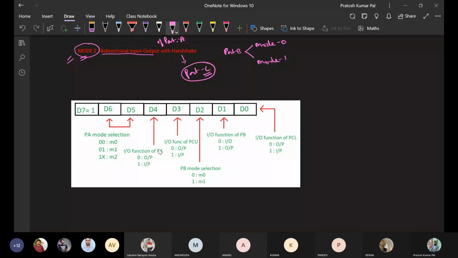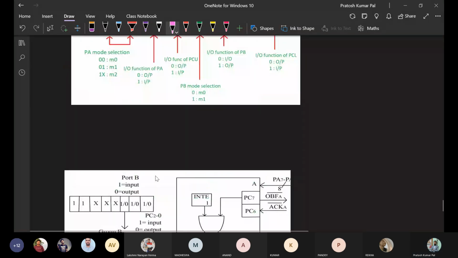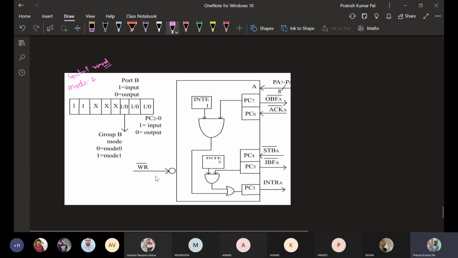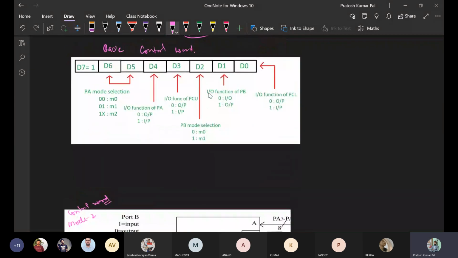So this is the basic control word format. This is the control word format for mode 2. Here in mode 2, the configuration is similar to what we have seen.